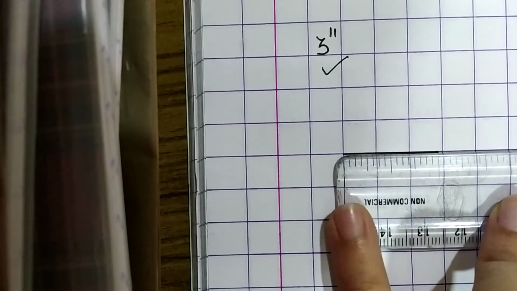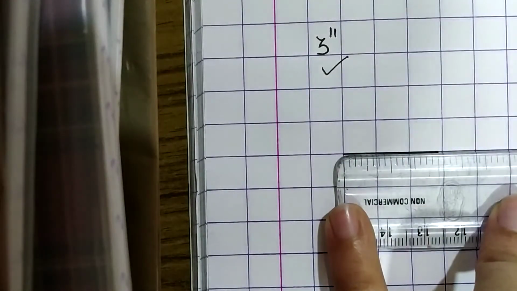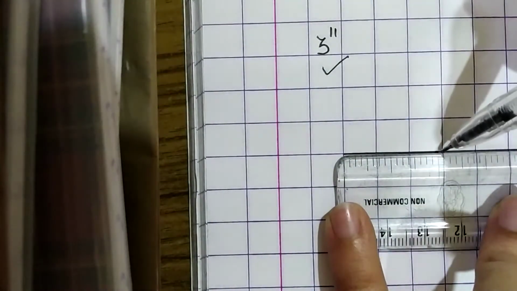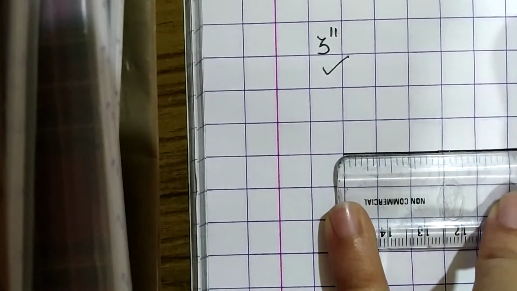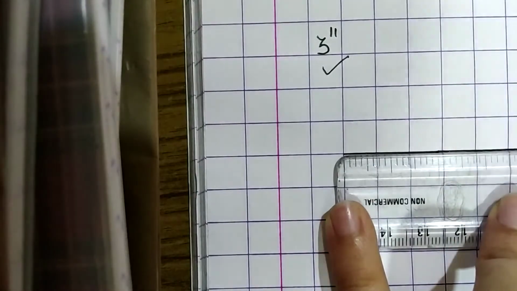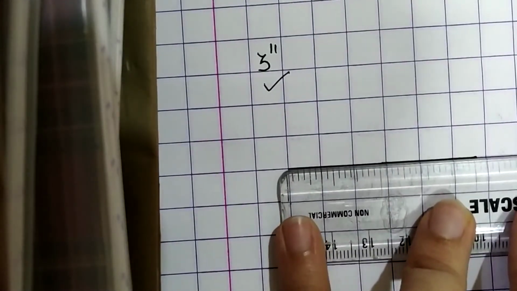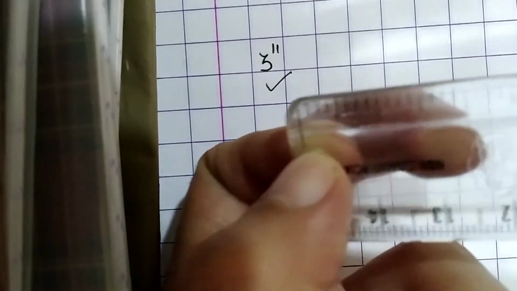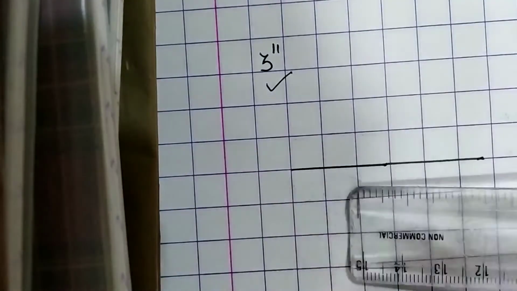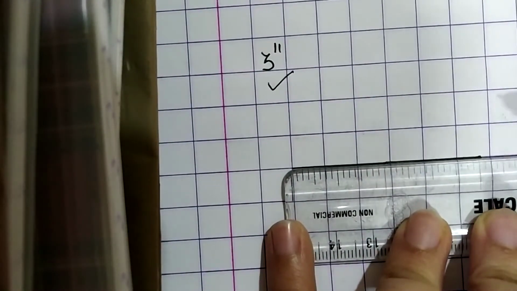Similarly, हमने अभी 1 inch बनाया है, पर हमें कितना बनाना है? We have to make 3 inches. So from this mark we are going to take another 1 inch. Okay, so from here to the next 1 inch. So ये यहाँ तक मैंने 2 inches बनाया है. Okay, so from here till here. So this is the longer line जहाँ से हमने start करा था scale में. ये लंबी line से we are going to start. See, I have placed it over here and this is your 2 inches.